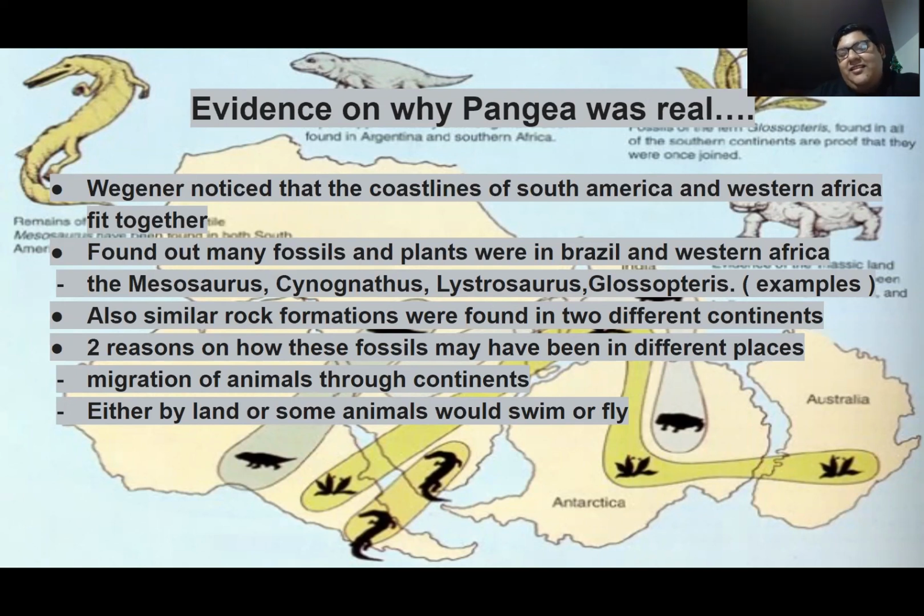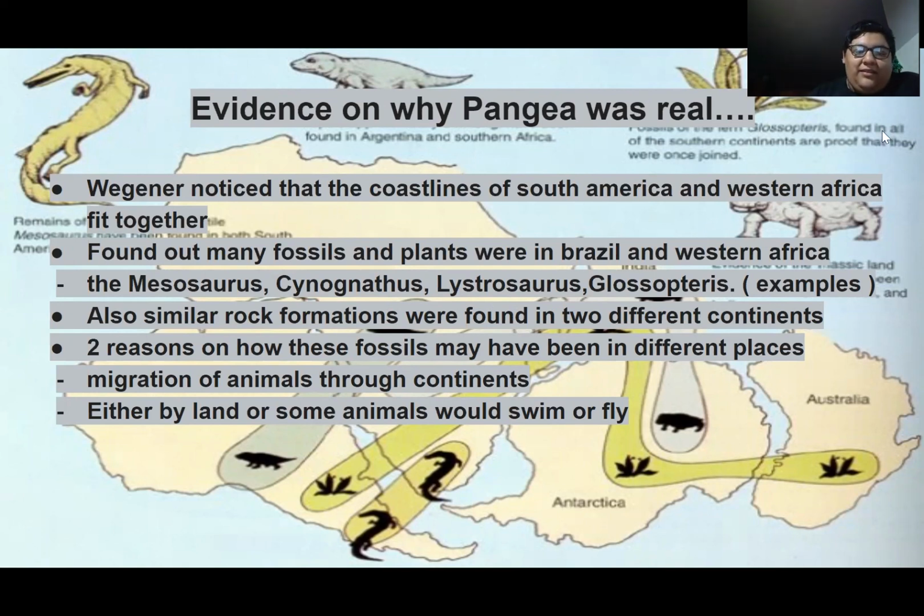There's one theory. Since it was all one together at some point, they pretty much all just migrated. And life was there, these dinosaurs were there. That's why you see a few dinosaurs here and a few over there. Vegetation was a thing too, where some plants were found here and some plants were found farther out north. So that's how they figured, okay, this makes sense. If they were brought together at one point, this would all make sense because, like I said, dinosaurs migrated depending on either they stayed in the code or were taught.